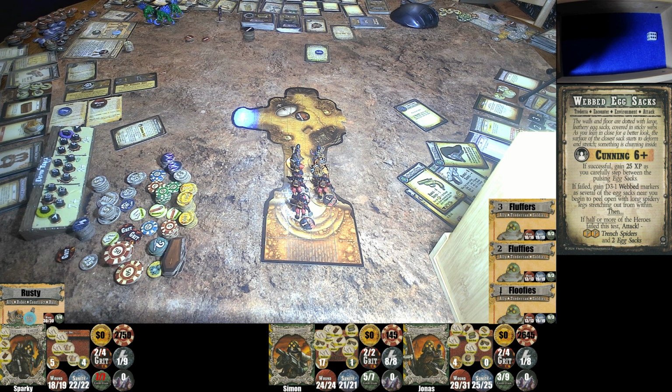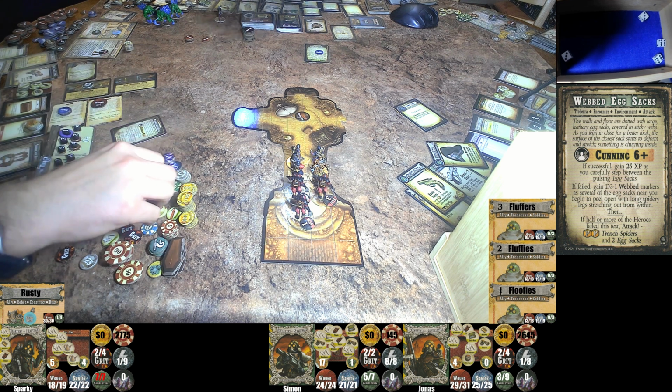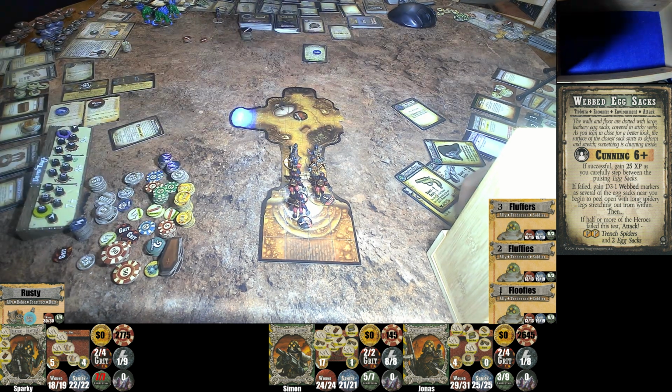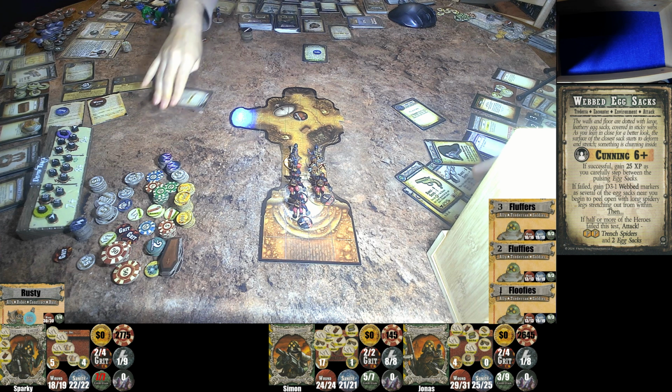So, I'll probably succeed the cunning. I have 4 cunning. 6+. I have 4 cunning and a lot of rerolls. Fine, 2 6s. Right. You're fine, you get 25 XP. No, cunning is 1. Yeah, Jonas. 2. What's going to happen to me if I fail this? You get D3 -1 web markers, and I then need to pass, otherwise we get a